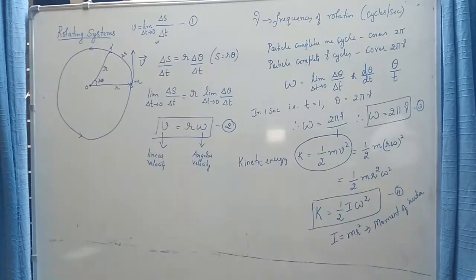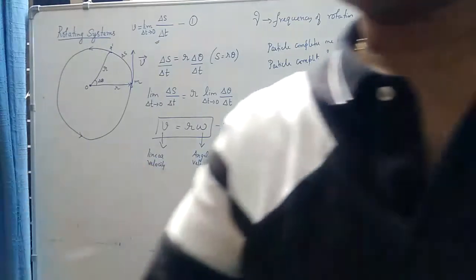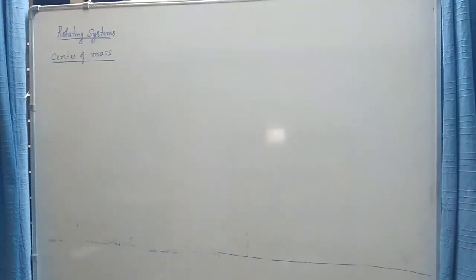Now let us consider two particles, because since we are applying the Schrodinger wave equation to a rigid rotator model which contains two particles rotating about a fixed point, we should understand some basic physics related to a rotating system containing two particles. So now let us consider a two particle system. Before studying the two particle system, let us briefly deviate to an important concept called the center of mass. We will briefly try to understand what the center of mass is and what its significance is in any system containing more than one particle.